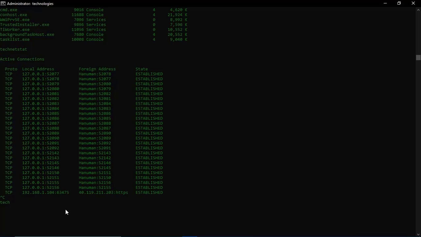Coming to our next command, it is tracert. This command will help us to show several details of the path that a packet takes from the computer or device you are on to whatever destination you specify. And that command is tracert. You can give any website name, like I'll give www.bing.com.